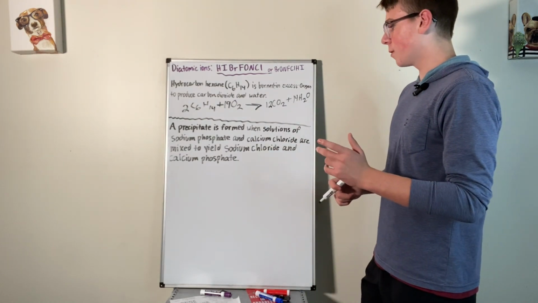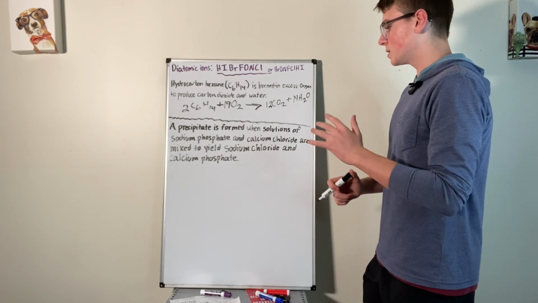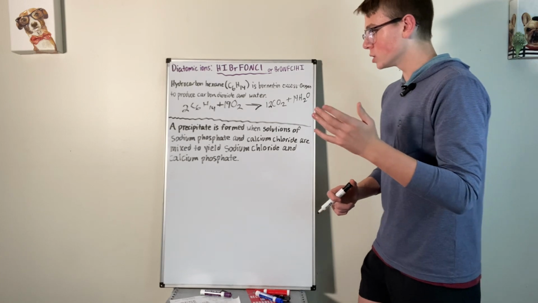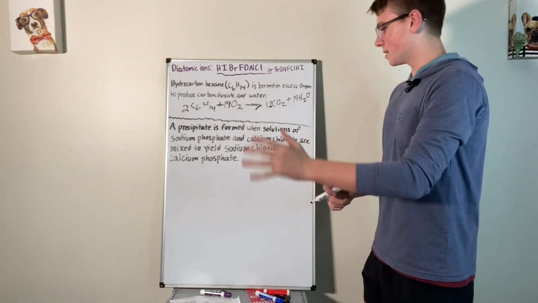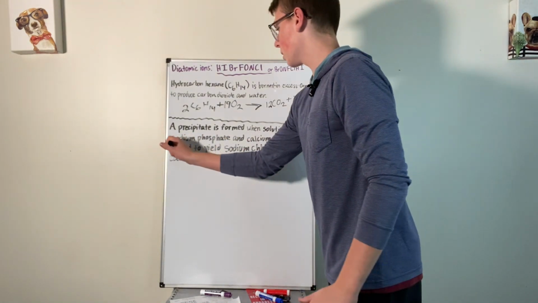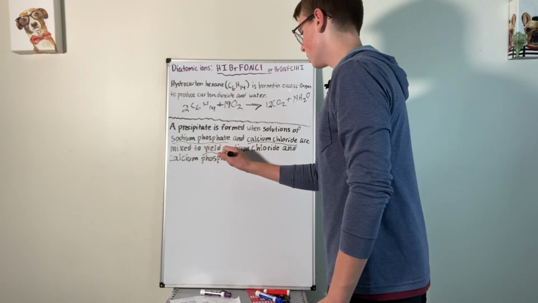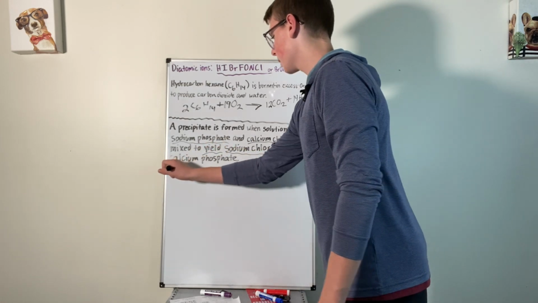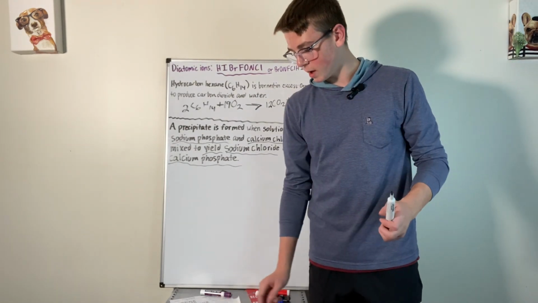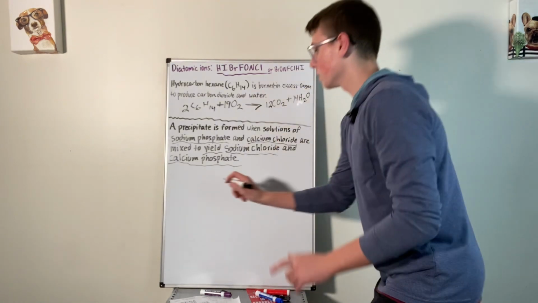Okay, and our last question of the day. A precipitate is formed when solutions of sodium phosphate and calcium chloride are mixed to yield sodium chloride and calcium phosphate. Okay, so precipitate is formed, doesn't matter. Solutions doesn't matter. All that matters is our sodium phosphate, our calcium chloride, yield sodium chloride, calcium phosphate. Okay, so sodium phosphate, if we look at our periodic table, sodium has a charge of 1 plus. Phosphate has a charge of 3 negative. So this will be